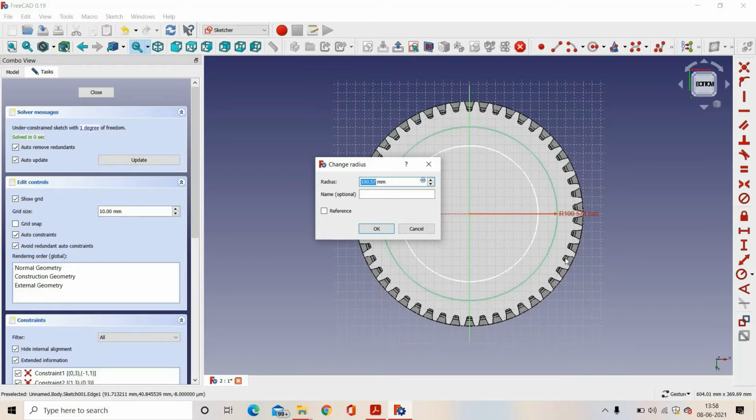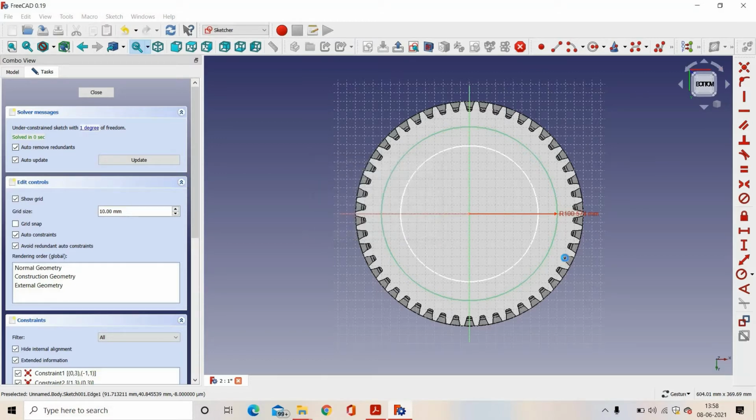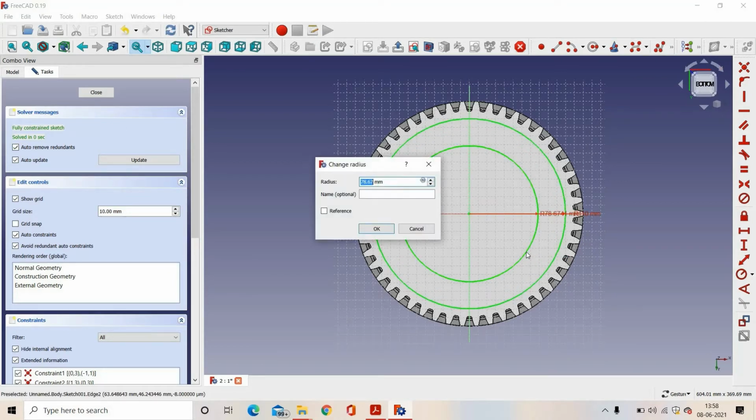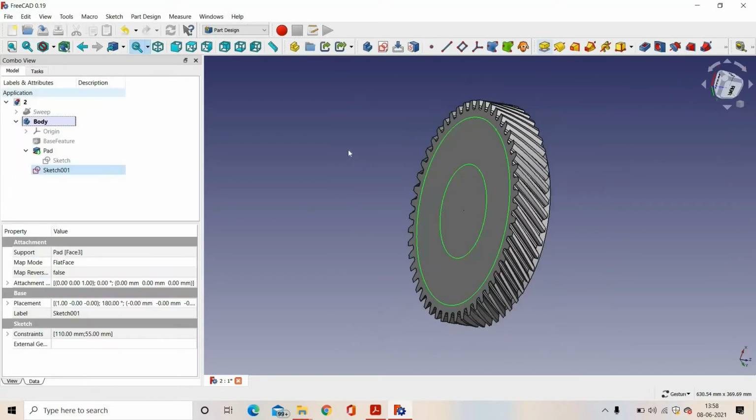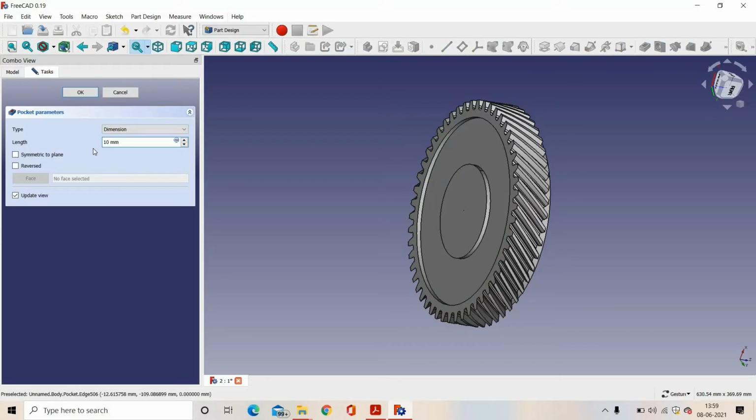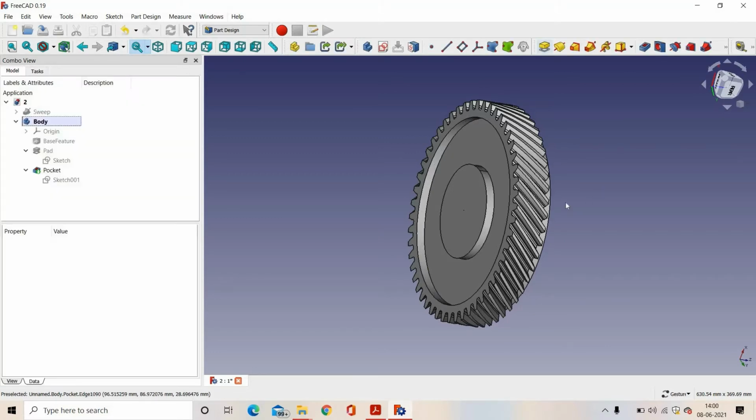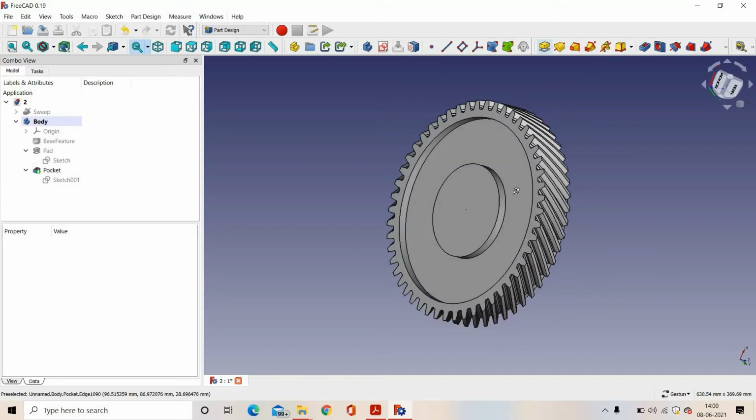Radius of this circle is 110 mm. Radius of this circle is 55 mm. Now our sketch is fully constrained. So we will close this and we will use the feature Pocket. In length we will select 10 mm. Now our CAD looks like this.